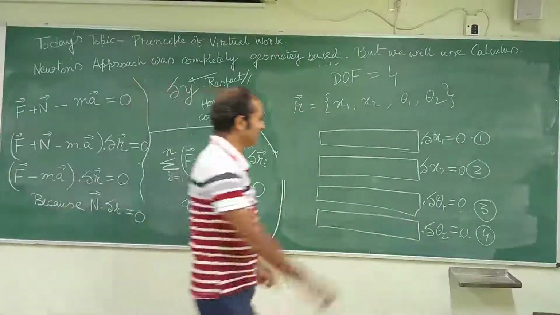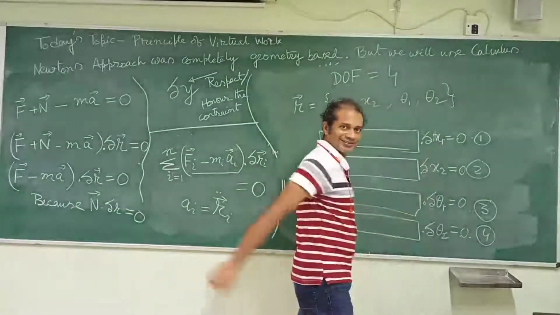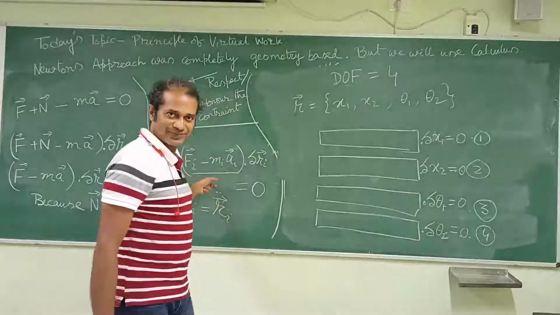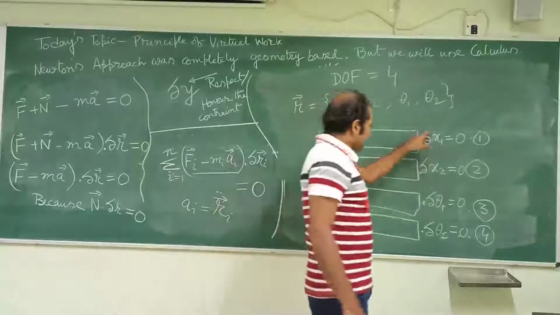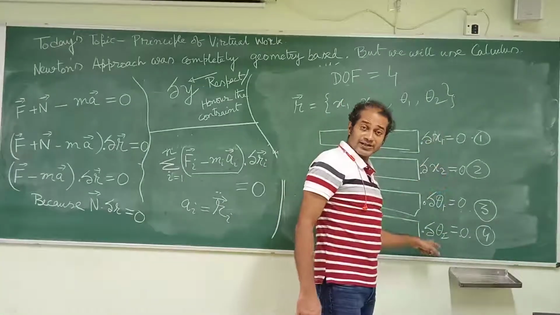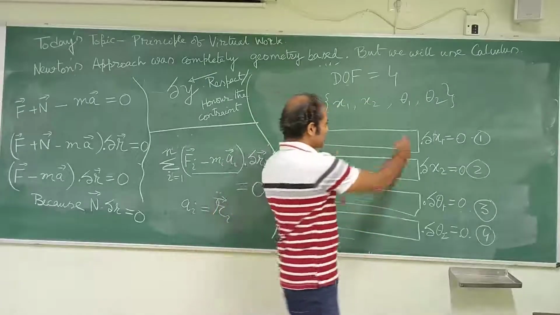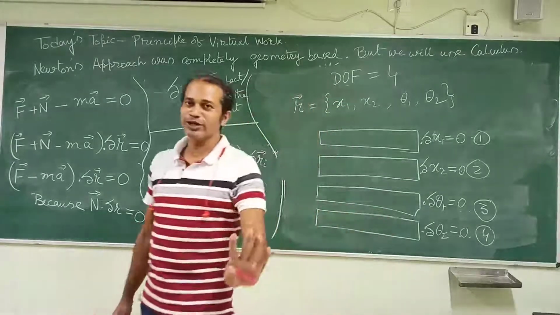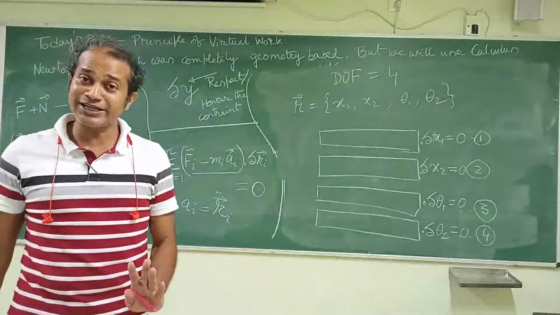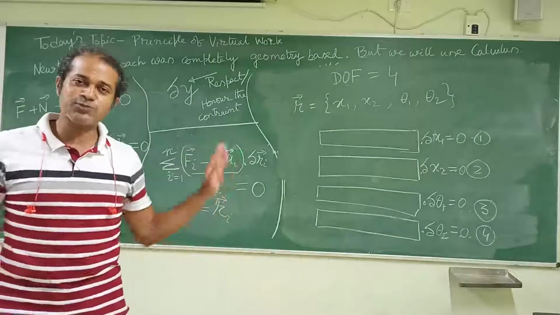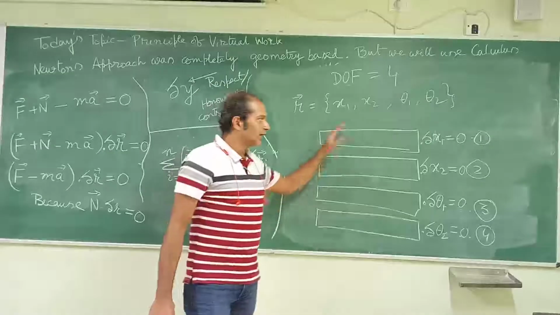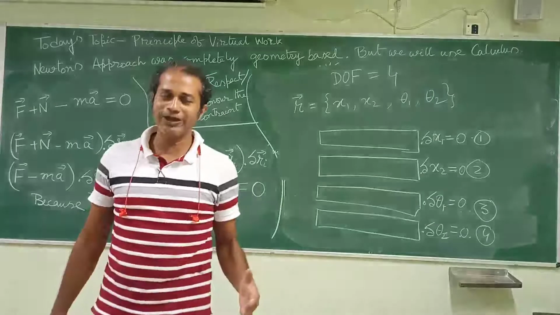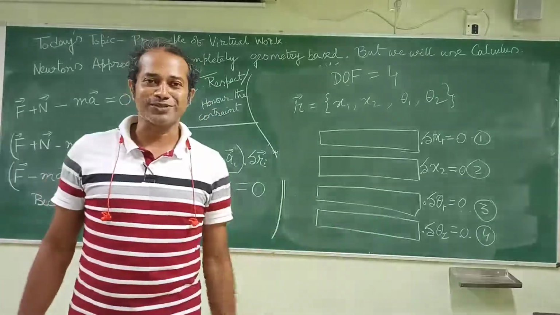So altogether, this is the equation. As such they are linearly independent and arbitrary. So this term is going to be 0, this term is going to be 0, this term is going to be 0, this term is going to be 0. So we are going to get 4 equations. And why are these 4 equations needed? When you solve these 4 equations, you are going to get the complete dynamics of the system at any time. That means you are going to predict the velocity and the displacement.